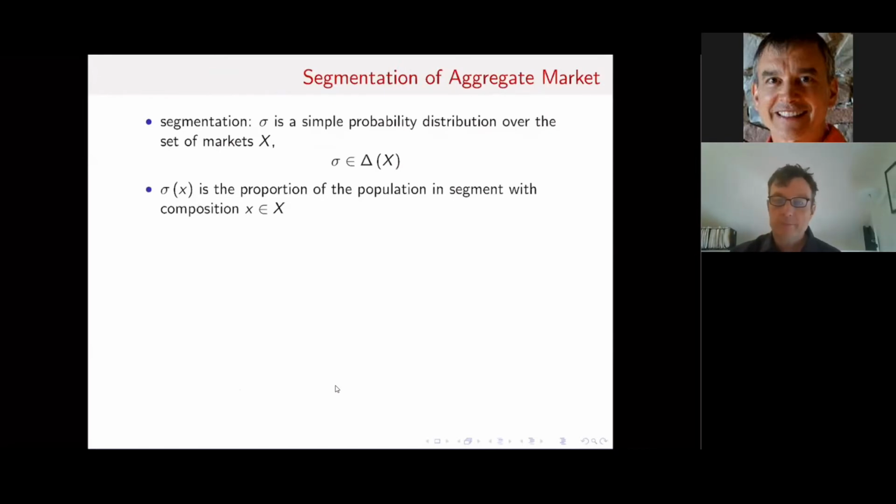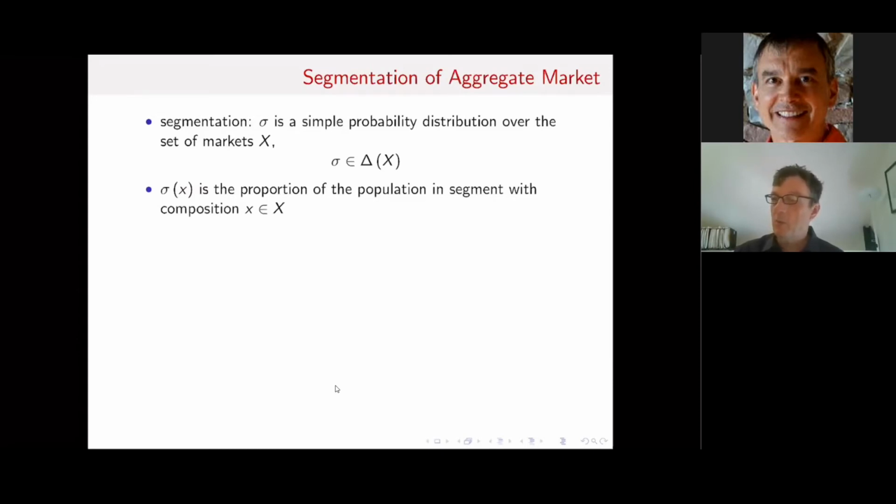So we have now a way of looking at the aggregate market. Now let's think about how we think about segmenting the market into many small segments. A segmentation is simply a probability distribution over the set of markets. A priori, in every particular segment, think about New York City, think about Philadelphia, think about Miami, think about New Haven. Every one of these segments, so the aggregate market, let's think about, is the US. I can think about segmenting it into all the major urban centers and then the rural countries.